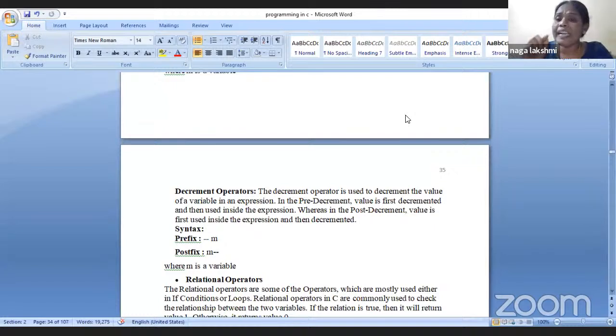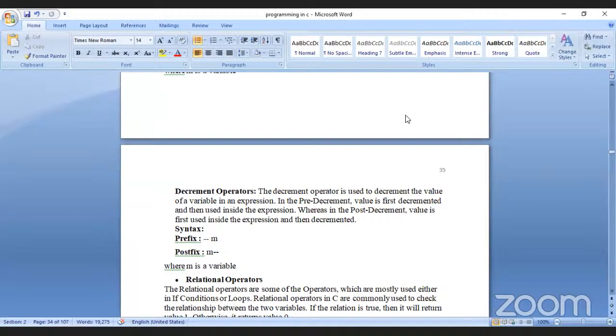Here I have given int A. Int means it occupies only 2 bytes, means 16 bits. 1 byte is 8 bits, right? 2 bytes means 2 into 8, that is 16 bits. It is crossing more than 16. So whenever a variable is assigned a value which is crossing its limit, then I could call that a runtime error. Runtime error. Okay?